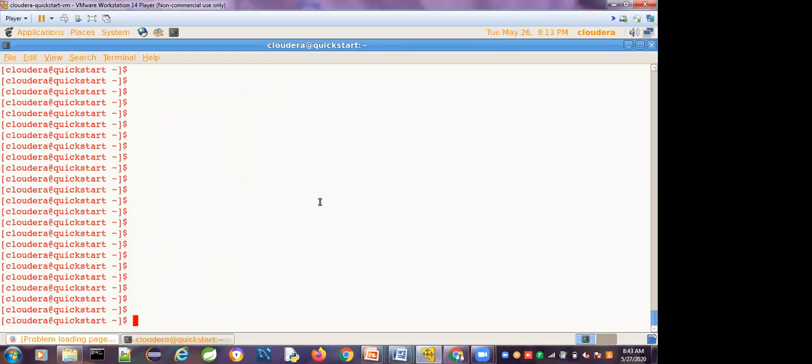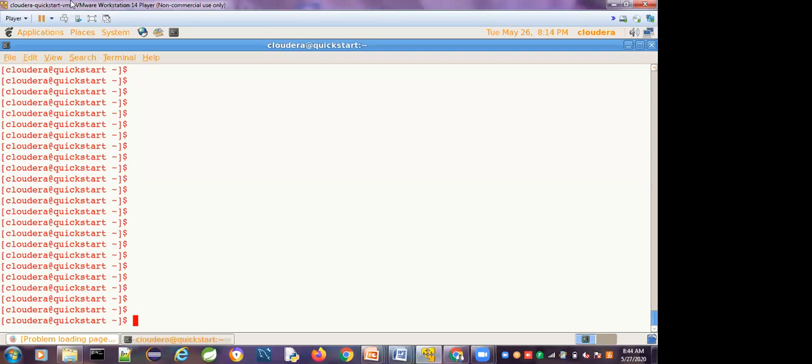So how to create the file? Yesterday we have seen that with the help of the cat command, we can create the file. So cat greater than file name, whatever file name you want, you can give it. With the help of that, the file can be created, and at the same time, you can enter the data also, whatever information you want, right?